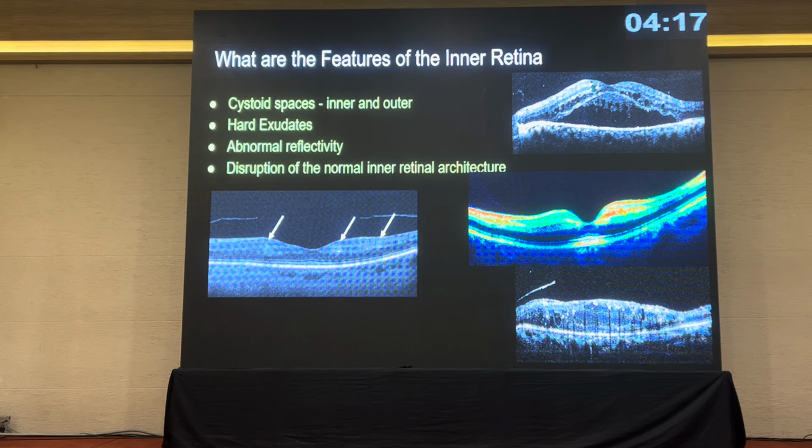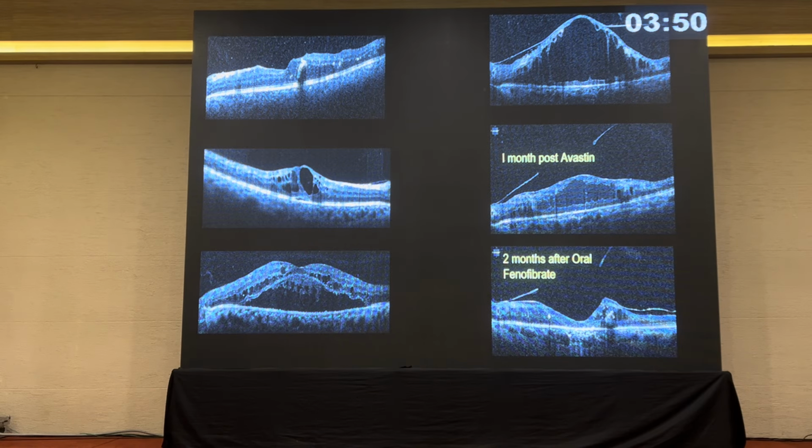And in the inner layers, often we see these cystoid spaces which are hyporeflective spaces. You can also come across hyperreflectivity or abnormal reflectivity like this in a case of cloudy swelling in central retinal artery occlusion. Hard exudates are bright objects here. And also if you have this kind of hyperreflectivity in the middle layer, it could be something called paracentral acute middle maculopathy, which is again an ischemic event.